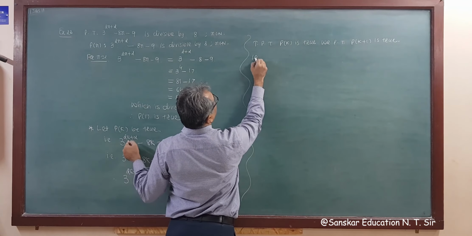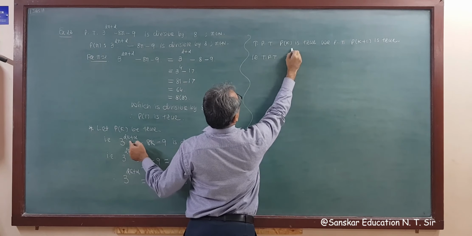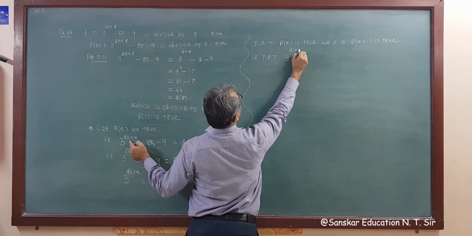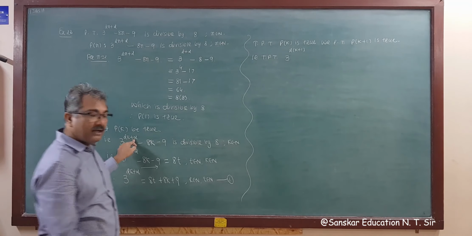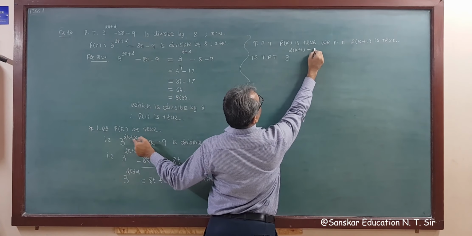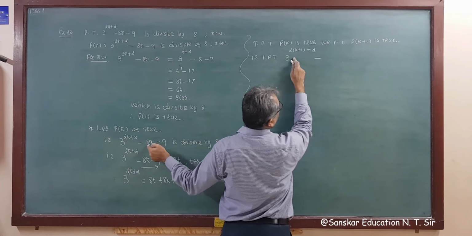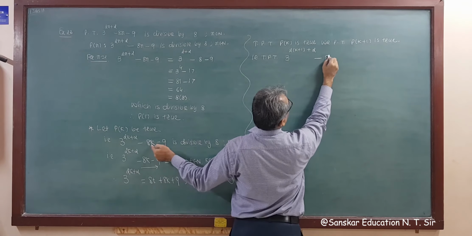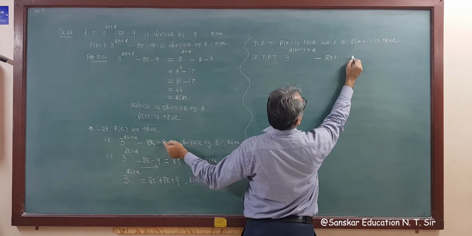So that is to prove that 3 raised to 2 times k plus 1, we replace k by k plus 1, then plus 2. So this is plus 2, right? Minus, I am writing minus here, not here, right? 8 into k plus 1 minus 9